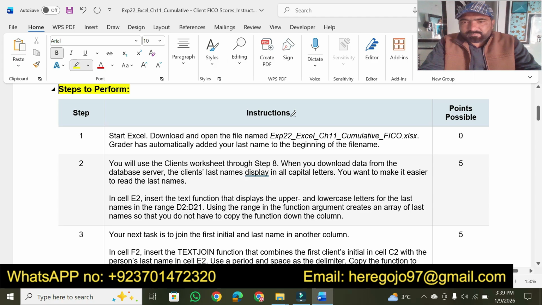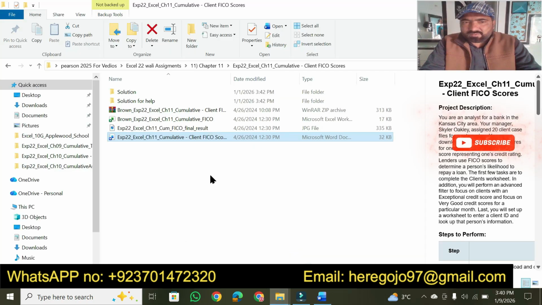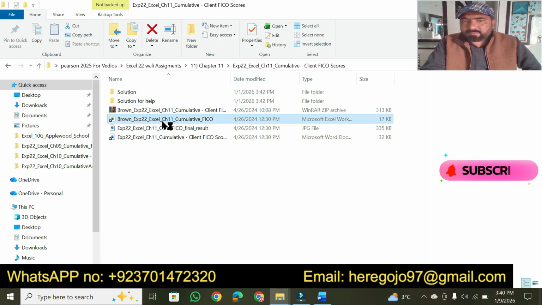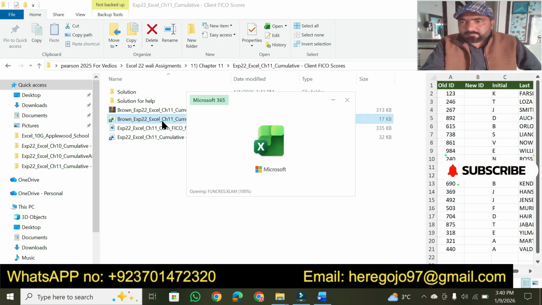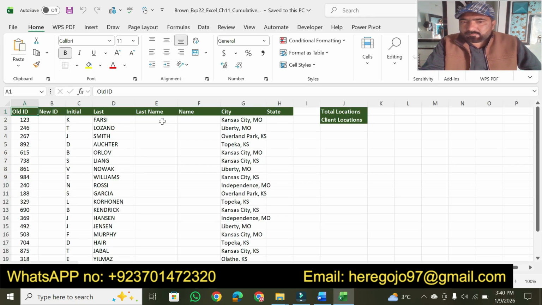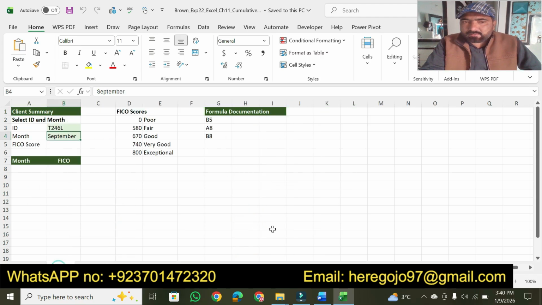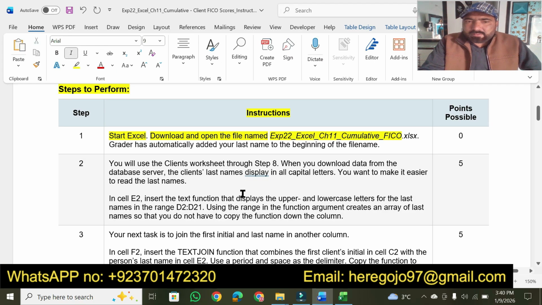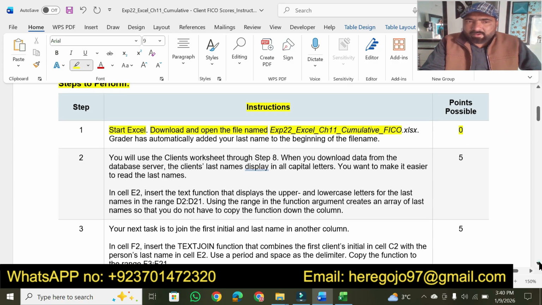Steps to perform instructions. So start Excel, download and open the file. This one we have already downloaded from the Pearson platform. So we just open our solution file first. We call that a solution file. Once it opens, then we will start working. Okay. Then the first part is done, that is a non-graded one, but we have to solve it. Now moving toward